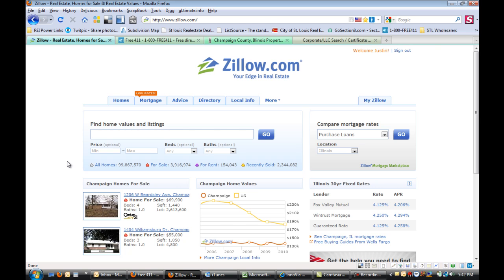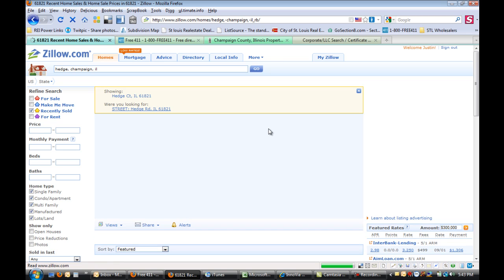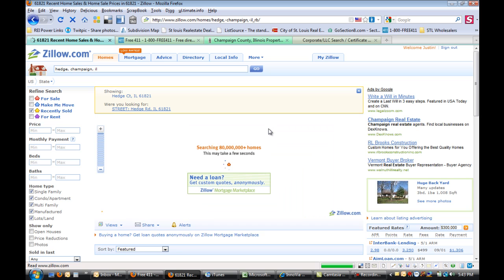One thing you could do is come to Zillow.com and type in the street name of your property. So just pick a neighborhood that I've researched before. If I just go to Hedge in Champaign, for instance, Zillow's got quite a few new features. I don't believe all of these were available a year ago or even a few months ago. Anyway,